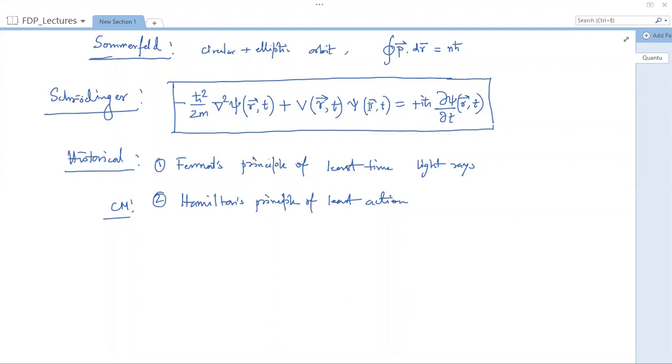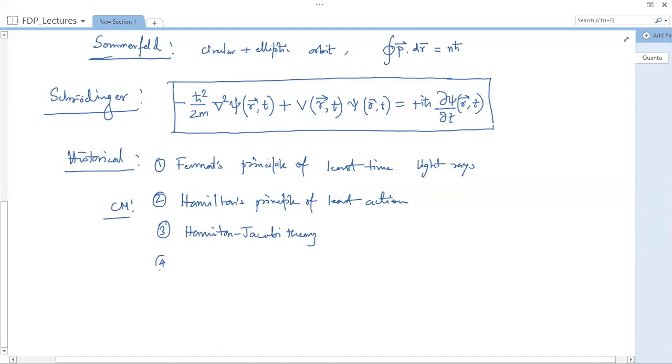Hamilton's principle of least action and Hamilton-Jacobi theory, and also the wave equation for electromagnetic waves. So just by comparing all these things, the same wave, which is an electromagnetic wave, can be described by a principle of least time,